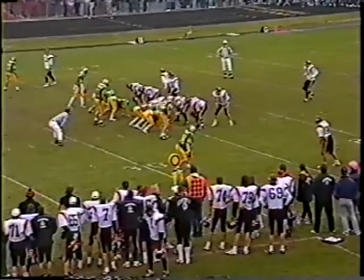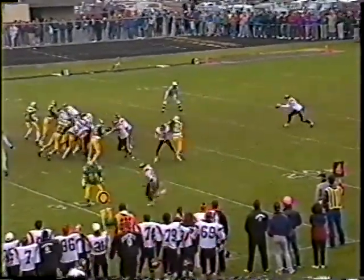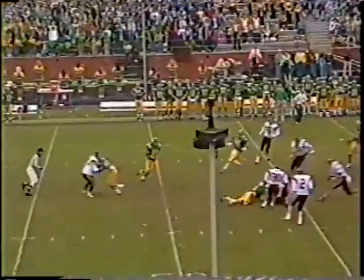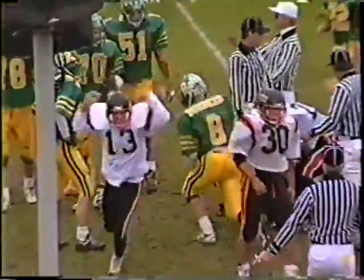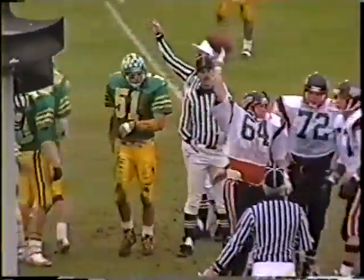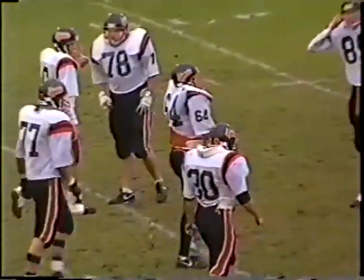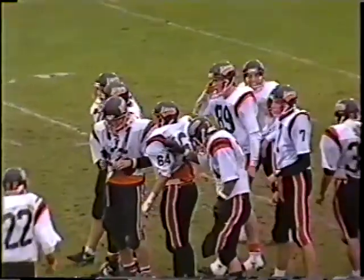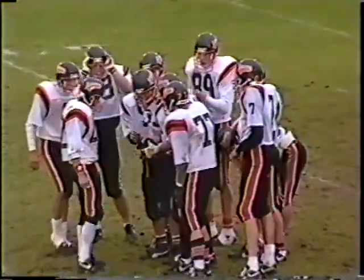Dixon under center. Bill Bull is the punter, and he was the Big 9 punter of the year this year. He led the league. Here is his kick. It's end over end, forward, and it's fumbled! And I think Kennewick got it at the 46. They do. Recovering the ball, I believe, Rich, correct me if I'm wrong, was John Sullins. Number 64. Frank, I believe you're right on that one. John Sullins recovered it, and I think it was Chad Mitchell that fumbled it. I think he was the safety man on the punt. Big break for the Lions